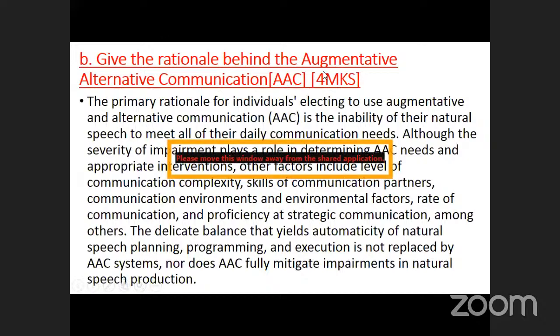On the rationale behind the AAC, we say that the primary rationale for individuals electing to use augmentative and alternative communication is the inability of their natural speech to meet all the daily communication needs. So when your speech fails you, this means that it is not able to meet the daily communications. Then you are able to now elect or select the use of AAC, that is augmentative and alternative communication. And therefore,